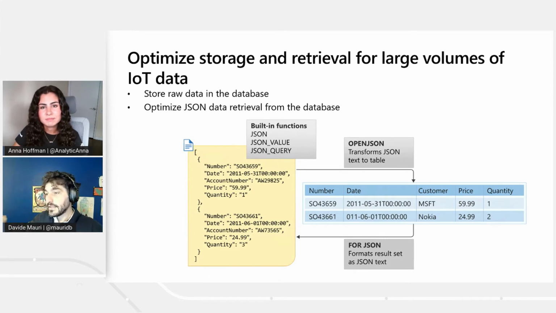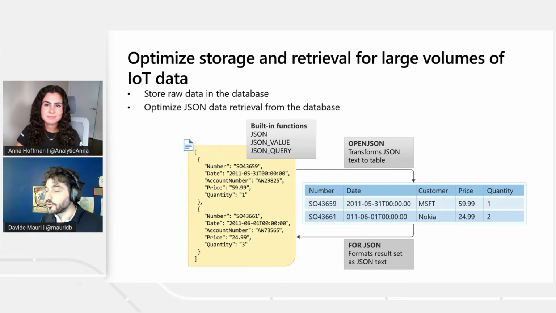But then when it's in Azure SQL, you may want to have some JSON properties treated as columns because you want to aggregate them quickly, maybe using the column store. And some other properties stay as JSON because you don't really need to query them. You want only to report them in your report and show the details of the status of the IoT device. So you can do both. You can use JSON as JSON in Azure SQL, or you can use JSON as if it were a table,